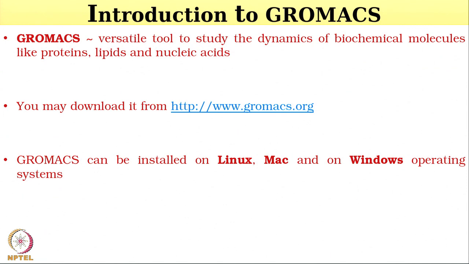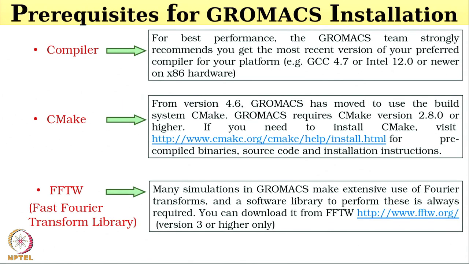www.gromacs.org, where the software GROMACS is available free of cost. From version 3.1 to the latest version 5.1.4 is available, and any user can download it. And for successful installation of GROMACS, we also require a compiler, CMake and FFTW. So the compiler can be installed in Ubuntu free of cost, and in some cases it is already pre-installed. The preferred one is G++ 4.7.